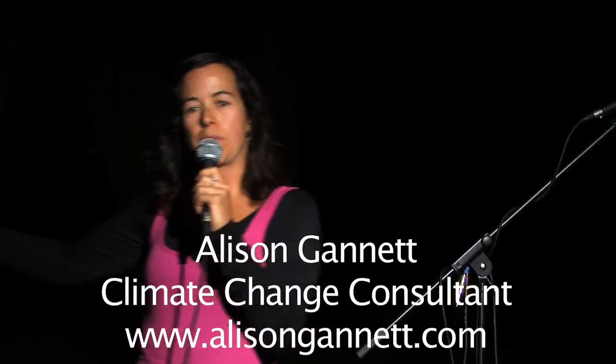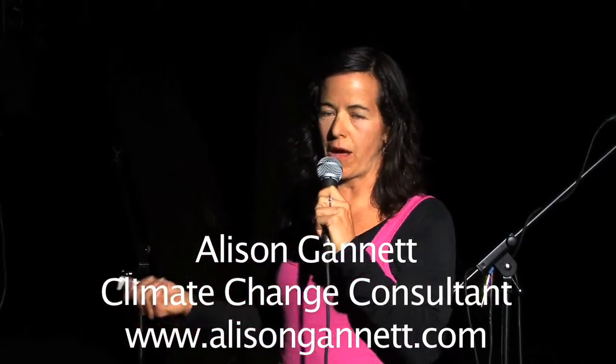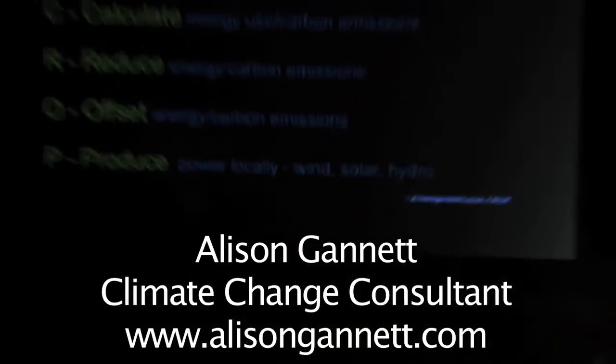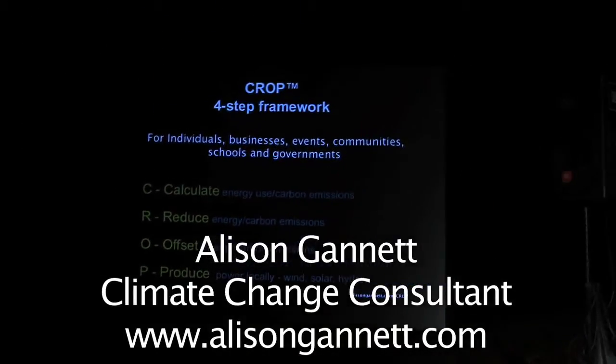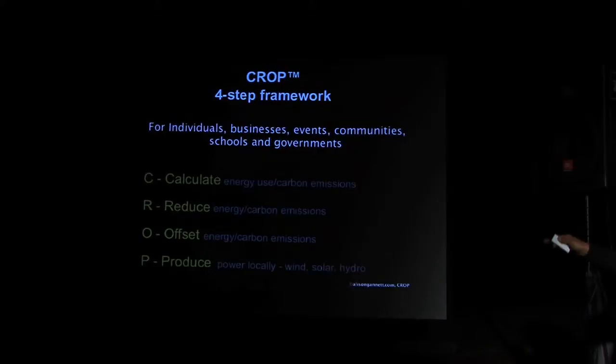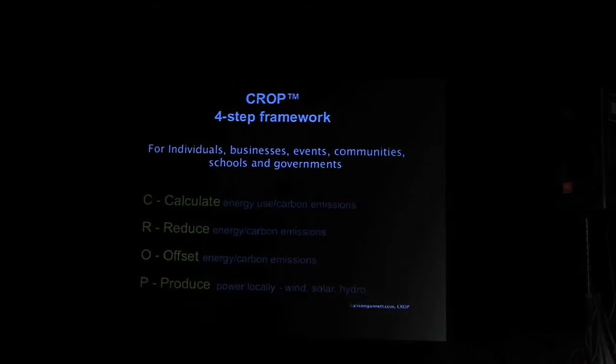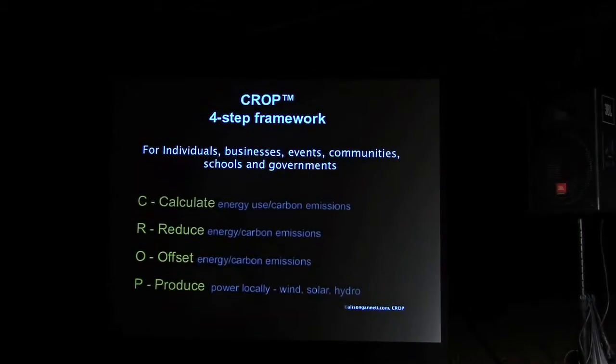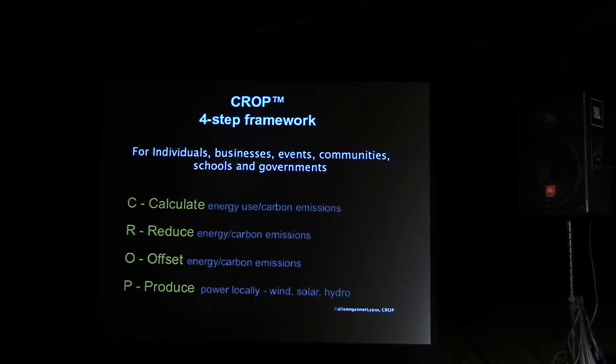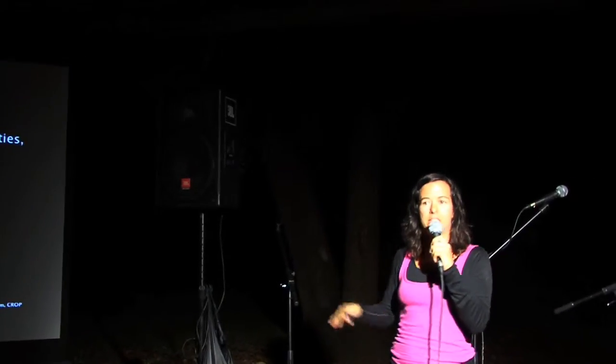So we really want to think about a 4-step process for climate change of doing all these 4 things and doing them in order. This is going to create meaningful, systematic climate change reform on every level. And if you look at a country like Germany, what did they do? They calculated their carbon footprint, they set some goals, and they did reductions, and then they measured it again to see how far they'd come. We need to start thinking systematically about climate change in the US if we're going to really make a difference.